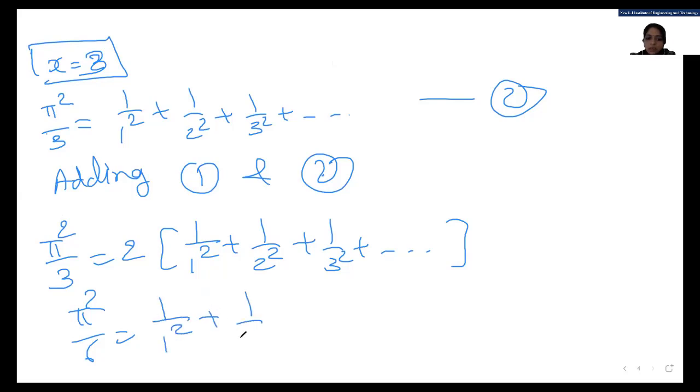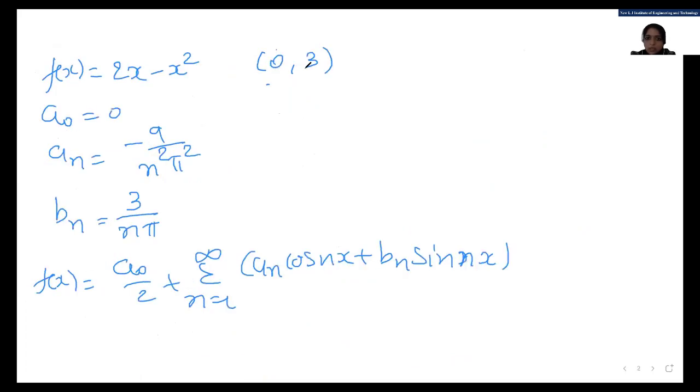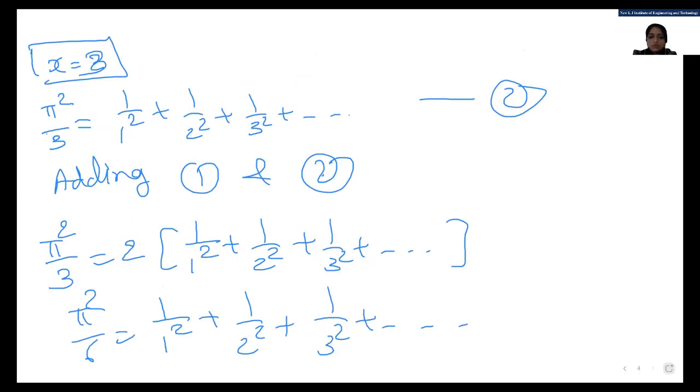Now clear, students? Once we substitute our lower limit, that is 0, and then the upper limit, we get two equations, and by adding two equations we get the deduction. Okay, Dev, so now your doubt is clear. So we'll move to the next topic, that is the example for the limits minus L to L. Okay, so let's start the example.